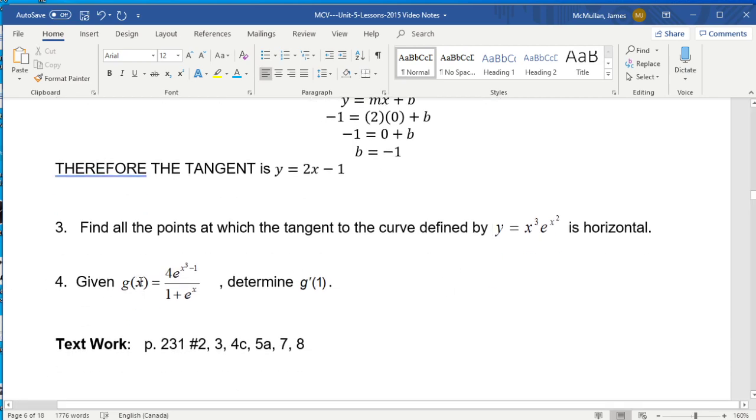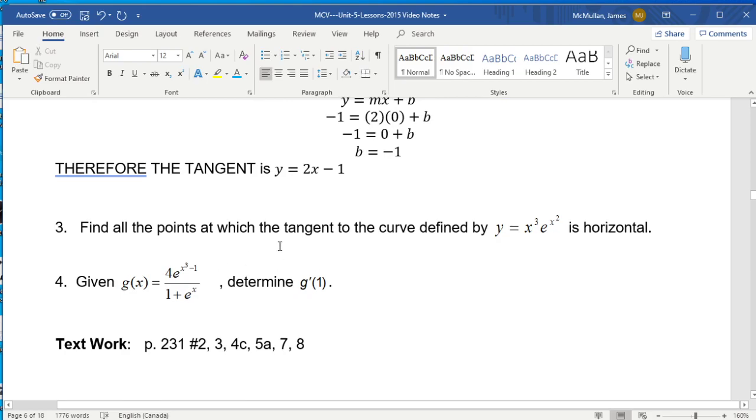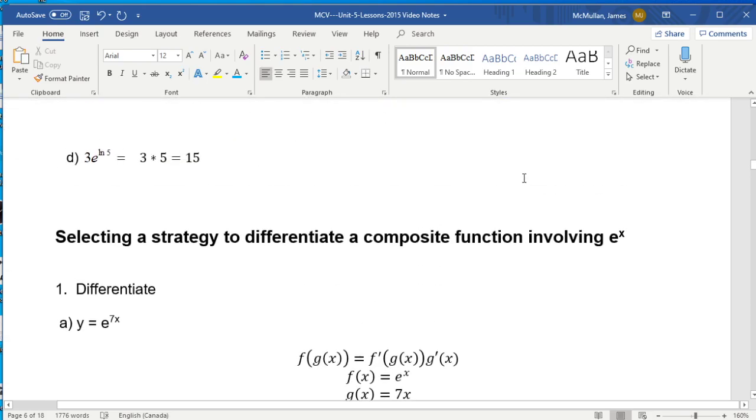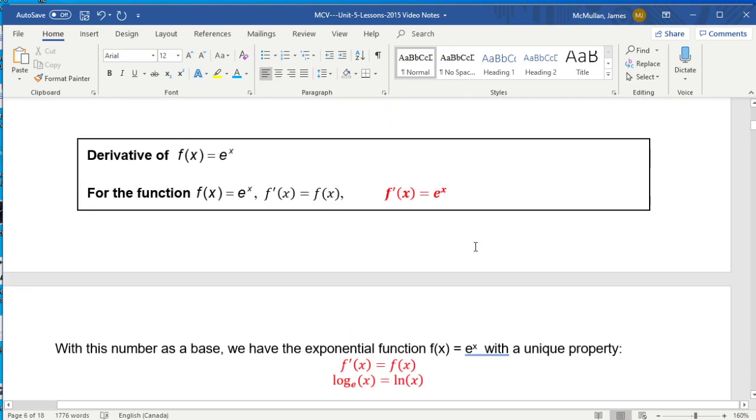This one, again, the challenge here is taking the derivative. So try to take the derivative. You don't really need to do any factoring here, although you might challenge yourself to try. You want to find g prime of 1. All you're looking for is the value of the derivative at a specific number, so you can do that. Okay, so I'm going to leave those two. I'll make a discussion forum for each of them, and I also am going to post on the very front of the website,